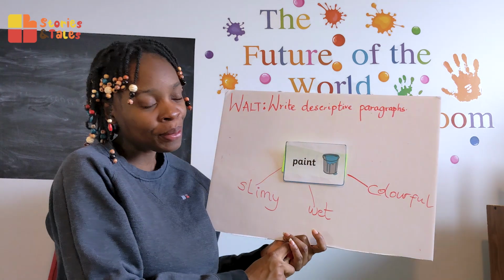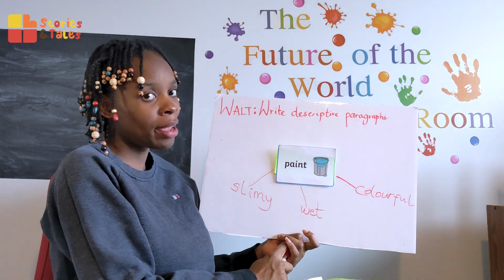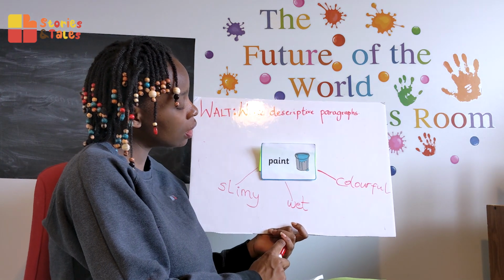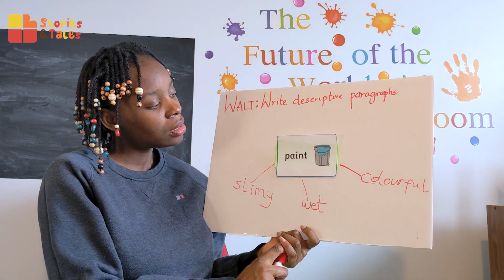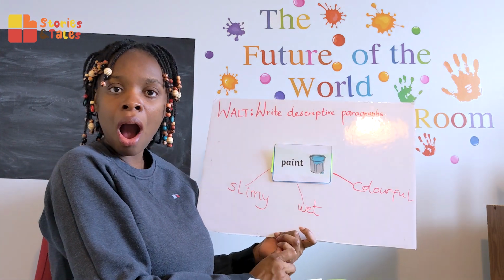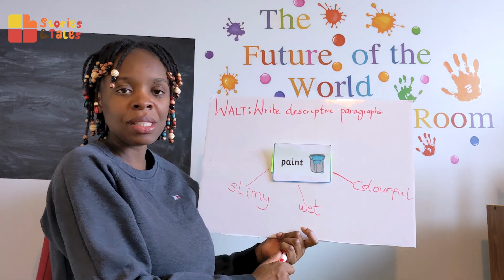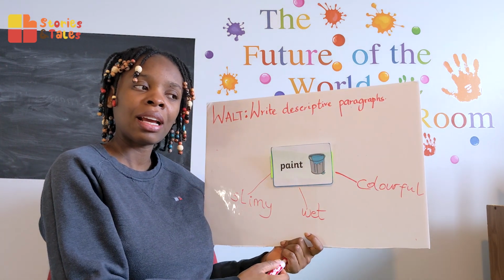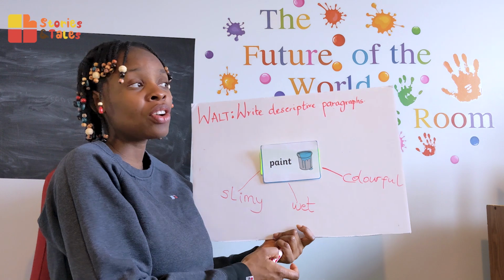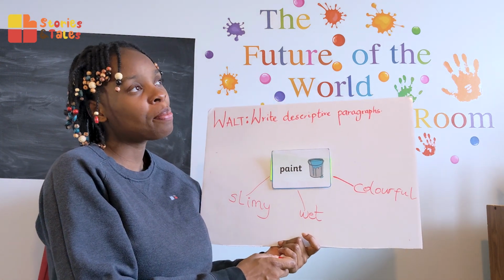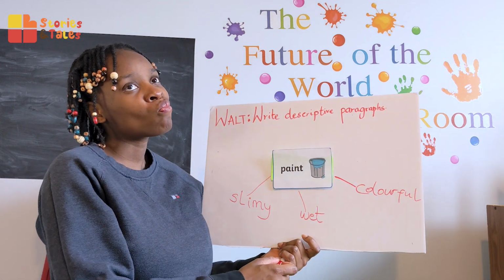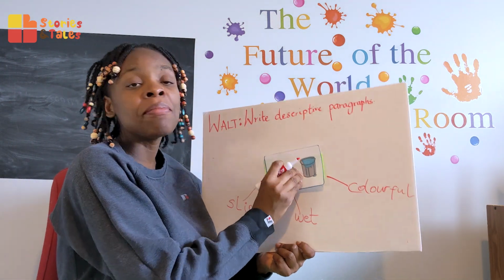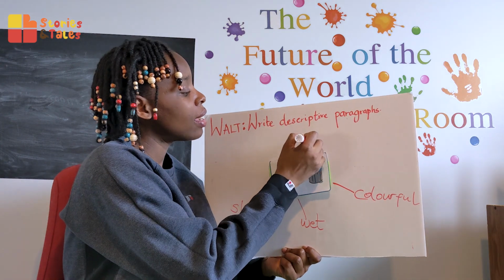Colorful. Paint is colorful. Paint is wet. Paint is slimy. What other words can you think of to describe paint? Disgusting? Oh, wait. Did I just hear someone say disgusting? Is paint disgusting? When it's slimy, when you've got it all over, well, yeah, I guess it can be. I guess so. So, someone thinks paint can be disgusting. My imaginary student thinks paint can be